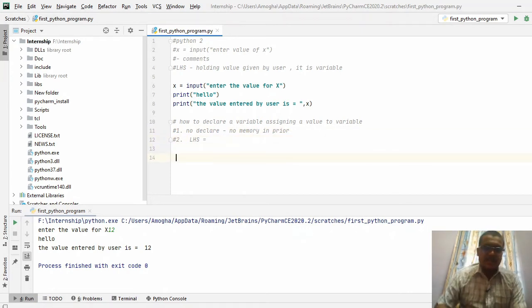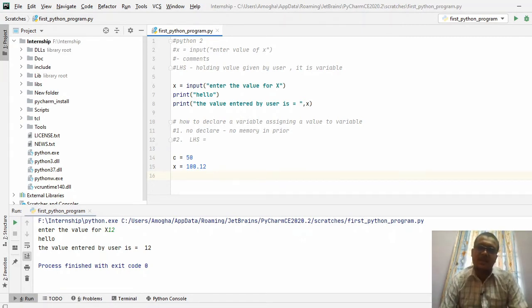Okay, let me assign some variables. Let me take the variable name as C. The left hand side is the variable name and the right hand side is my value. In order to assign this, we need an equals to symbol. Wherever the compiler sees the equals to, it understands that it is a variable declaration. So this is an integer assignment. You can also go for a floating point. There is no need to differentiate it, like writing float x in C. In Python, there is no restriction.